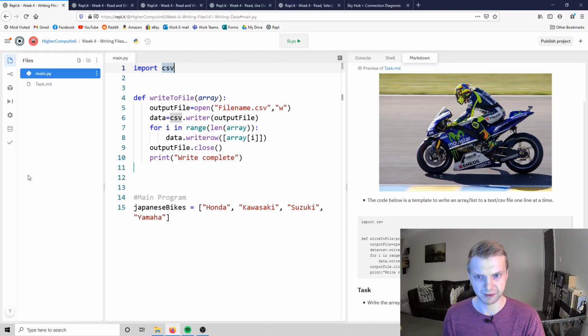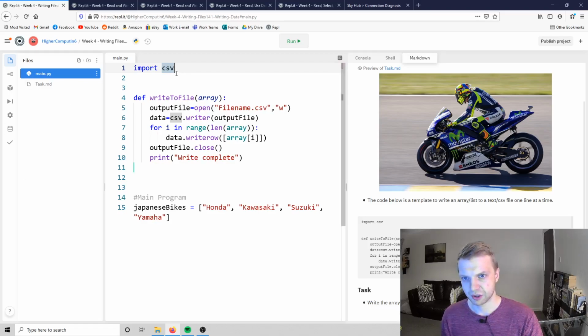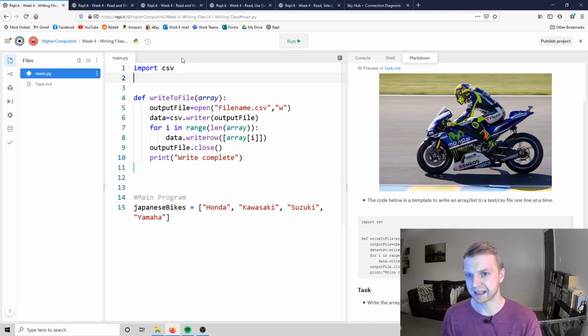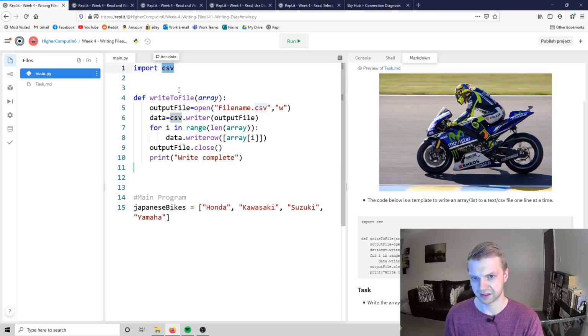Now, we've used predefined functions before, like print and len, and they're commonly used. They're always part of Python. But there are less common things which are hidden under the CSV file. This is the same as, if you remember back in Nat 5, you did random numbers, you had to do import random. Random numbers aren't that common a thing, so you have to get access to them. You need to go find those subprograms, those predefined functions, sorry. And so what this will do is whatever array you pass down to it, this one's just got one array,